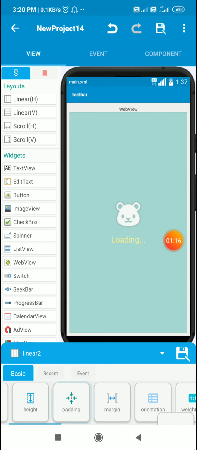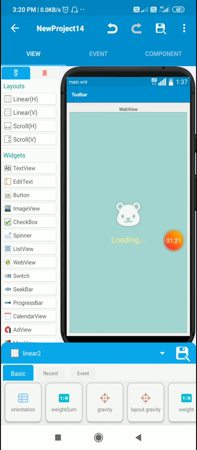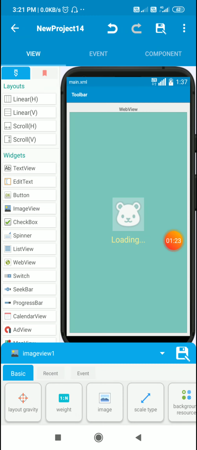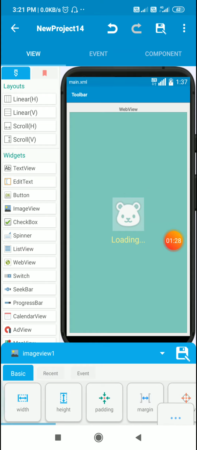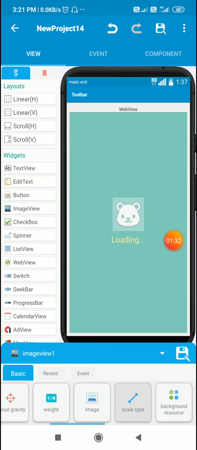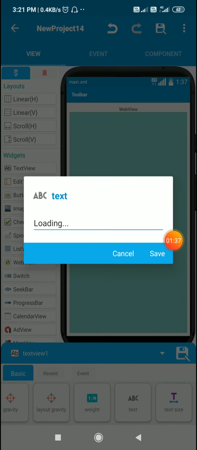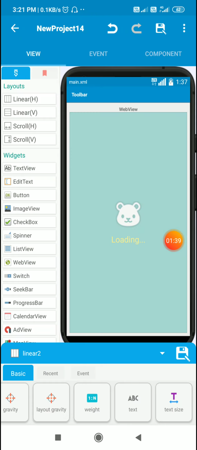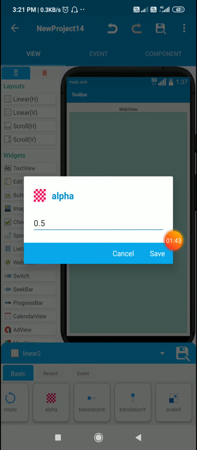Now for linear 2 I have set gravity to center horizontal and center vertical, and inside this I have image view 1 and text view 1. For image view 1 I have set fixed width and height, and I have set scale type to fit center, and for text view I have set the text to loading, and for this linear 2 I have set the alpha to 0.5 so that the web view behind it will be visible.